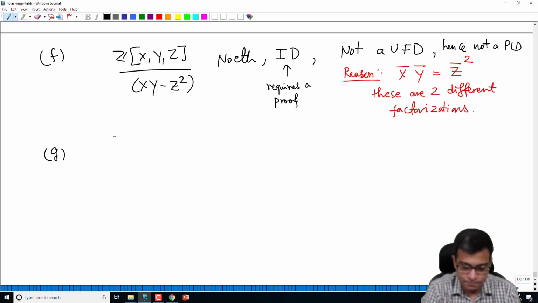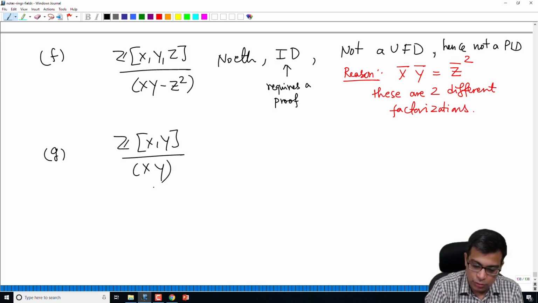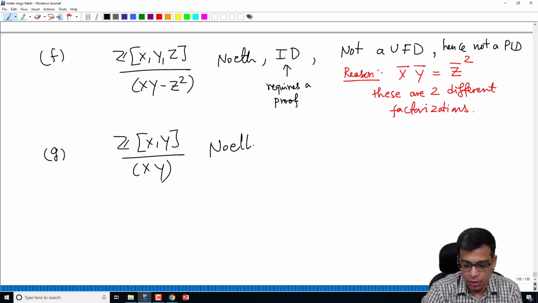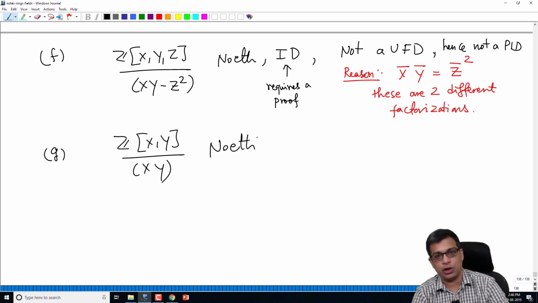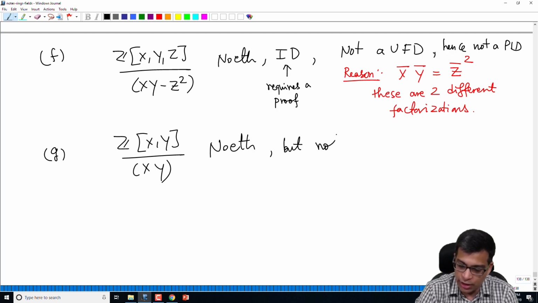Next, ℤ[x,y] mod (xy). So this is Noetherian because again ℤ[x,y] is Noetherian by Hilbert basis theorem. ℤ[x,y] mod (xy) is a homomorphic image of ℤ[x,y] because there is a natural surjective map from ℤ[x,y] to ℤ[x,y] mod (xy), and the image of a Noetherian ring is Noetherian. So this is Noetherian, but this is not an integral domain,